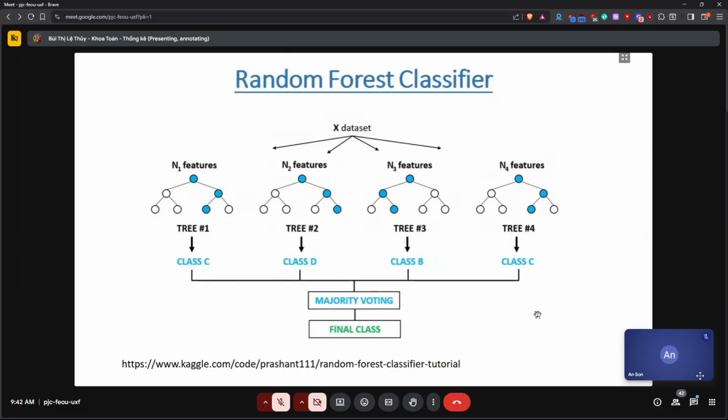So which class was that observation in most? And that becomes the final class. And you can see I've also got some probability of it being in those classes as well. So that's how we build a random forest.